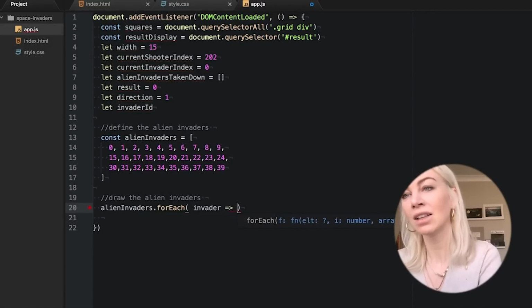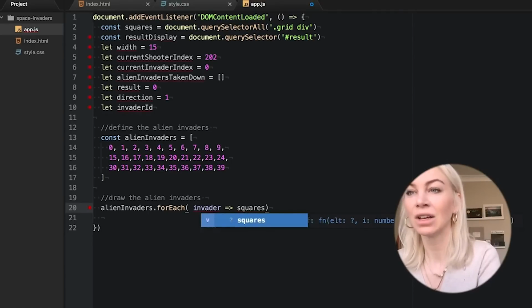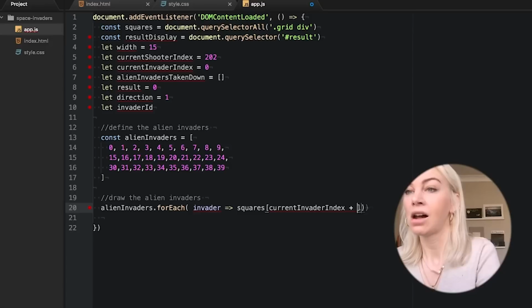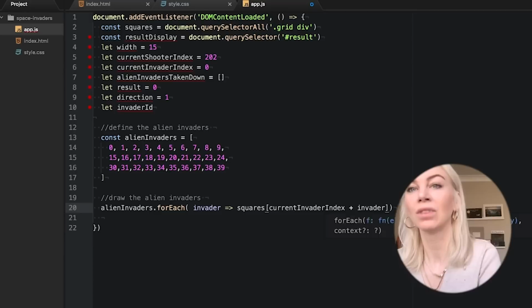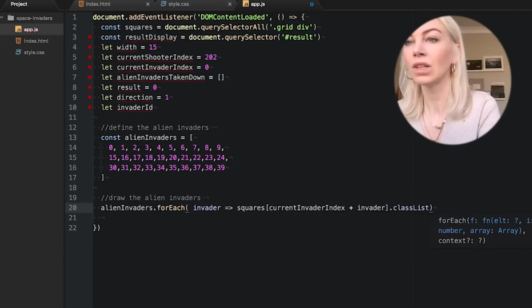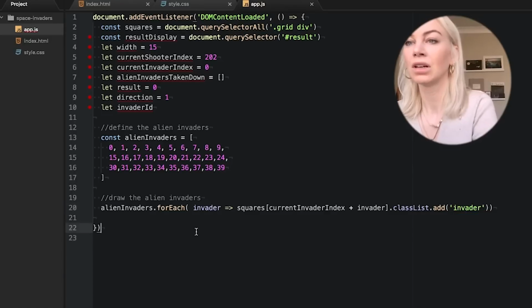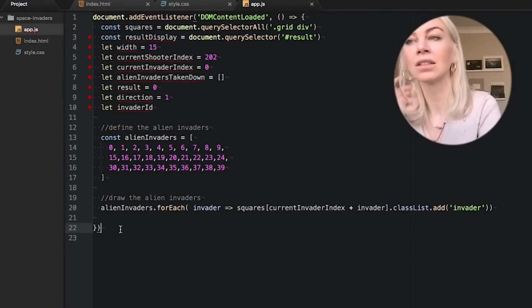I will pass this through our squares and any current index value there might be. So in this case, 0. And then I want to add a classList of invader to that square. We set this as purple in our style sheet, so let's see if that works. Let's flip over to our browser and perfect, it works.